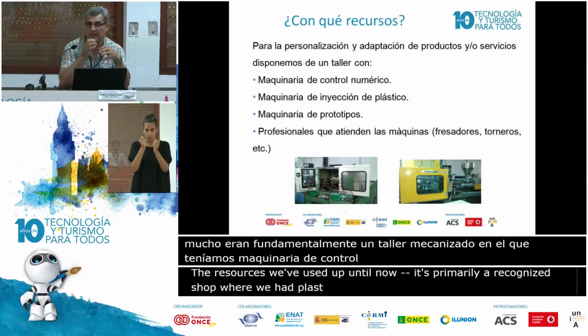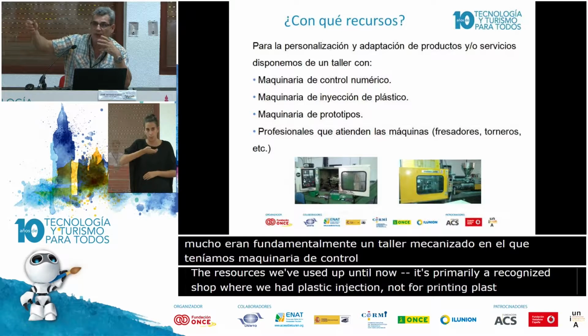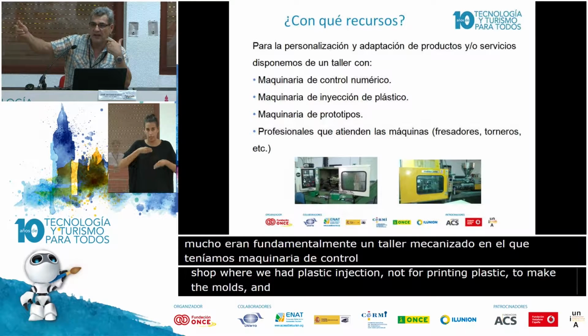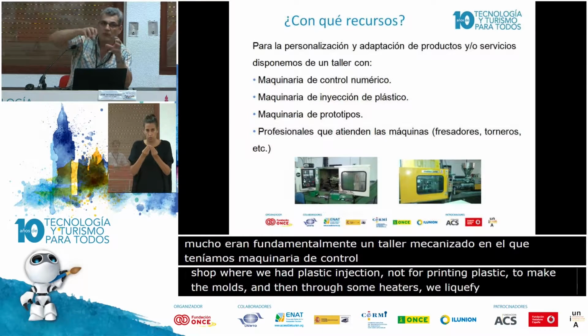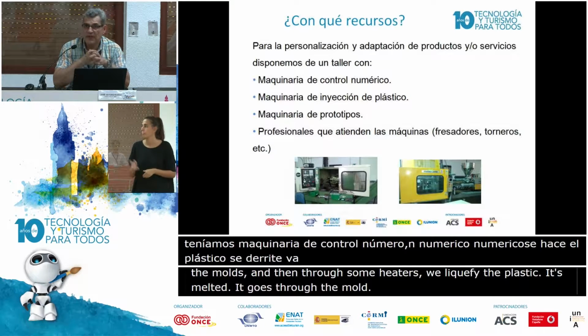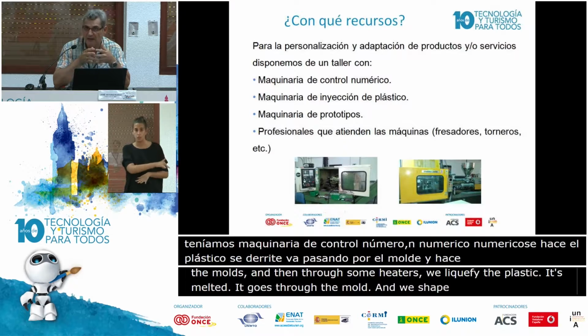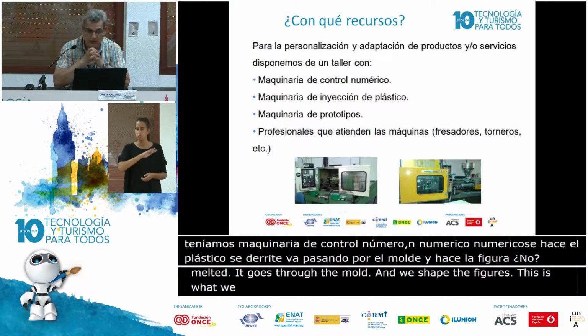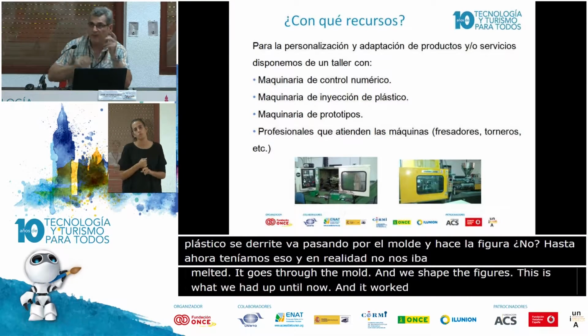Do we make the molds, and then through some heaters we liquefy the plastic. It's melted, it goes through the mold, and we shape the figures. This is what we had up until now, and it worked fairly well because we came up with good solutions,